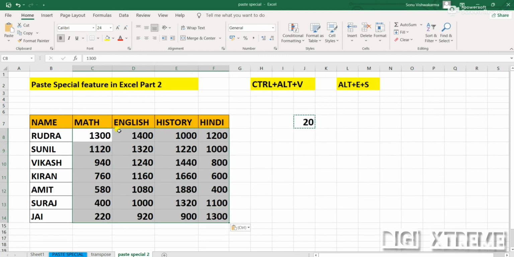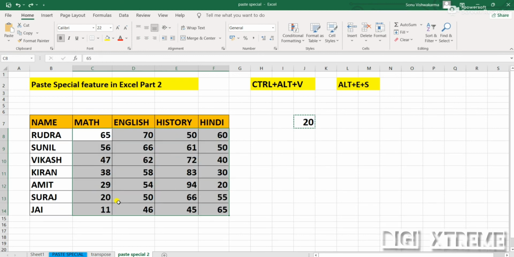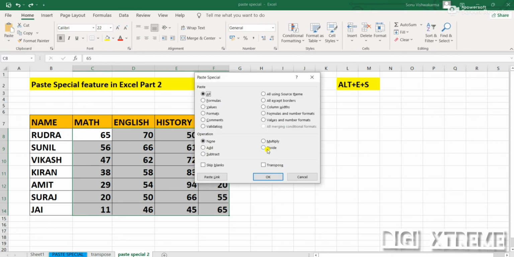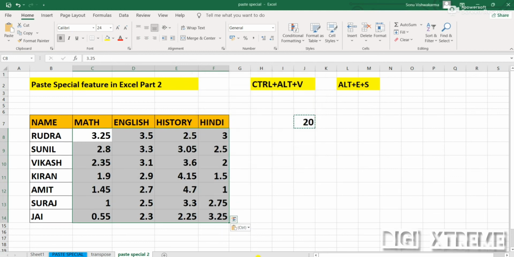See the result. All the numbers have been changed; all the numbers have been multiplied by 20. Okay, now what about the next? Next is, I think, divide. If you want to divide, it is the same: copy and then choose Divide. This is the result.